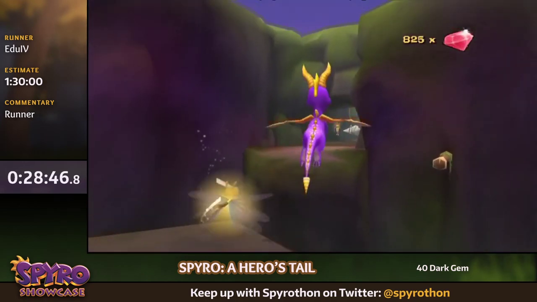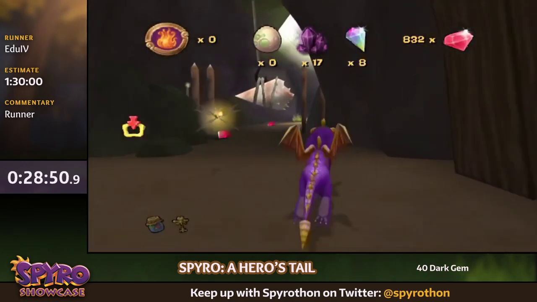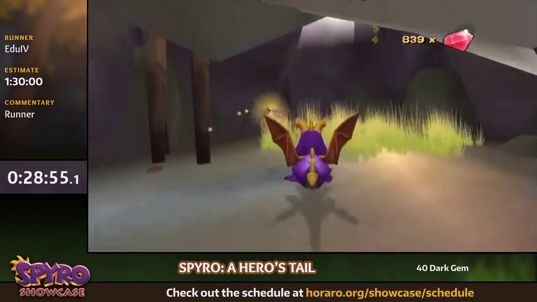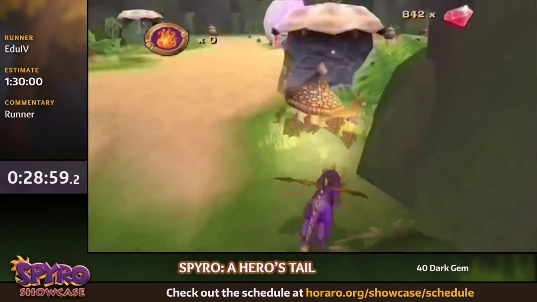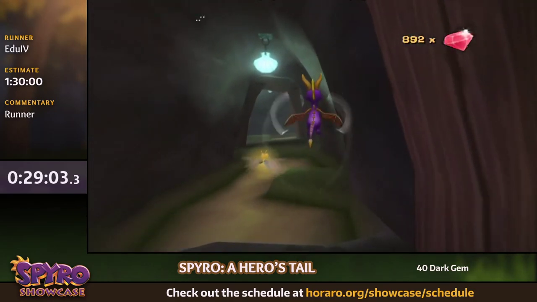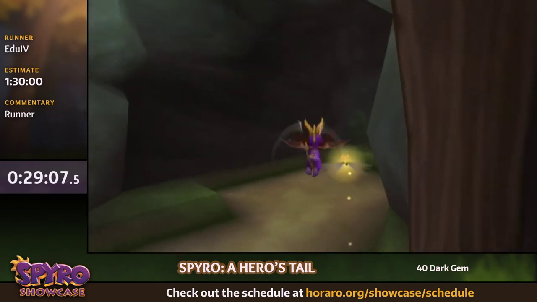I think that's the last dark gem for the main area here. Now we go into Cloudy Domain and get the rest. Don't hit me, okay, good. I need to be full health here since when I go and do the boss battle, I need to be full health. And I'm not gonna do an intentional death abuse before the boss, so...